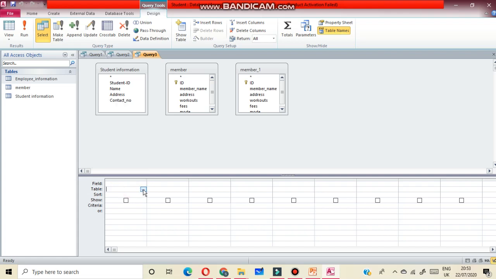First you will select table, member, then here you can see address. Then here you can take member again, you can select card mode.